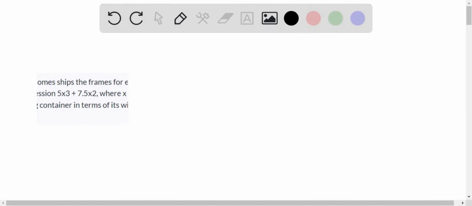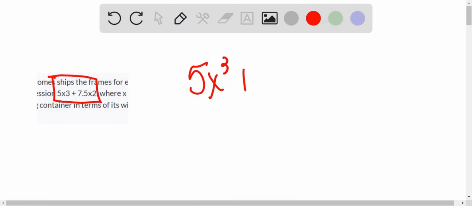Okay, so I've put this up here, your equations, part of your problem, so that you can see this is what I see. So I'm assuming that this is 5x to the third plus 7.5x squared. So that's how I'm going to solve this equation. All right, so it says that